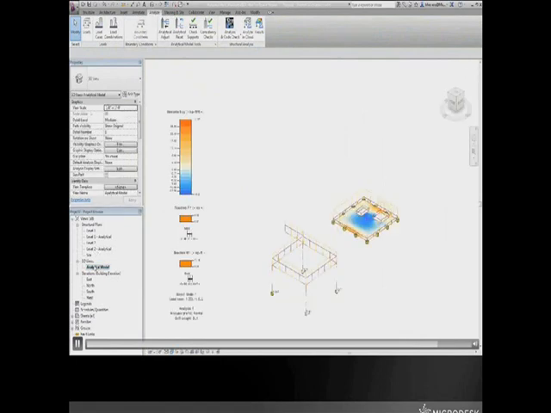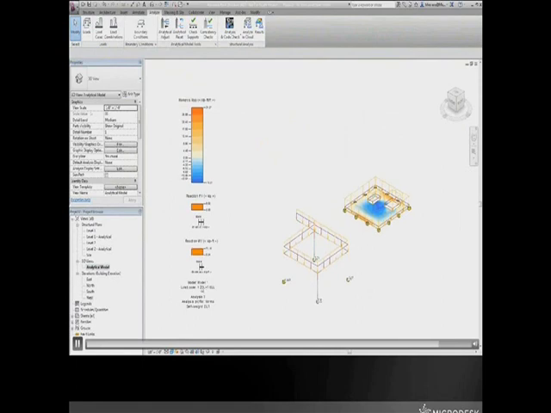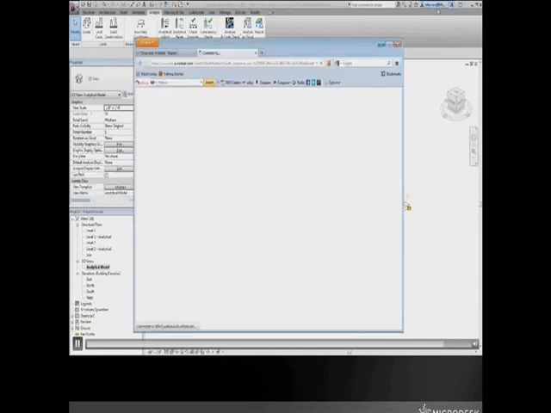This is definitely a great tool to use as you're designing your project. Maybe you have several iterations before you do a real analysis, and you could definitely utilize the cloud to do preliminary analysis for you. So what I'm going to show you next is the App Store that comes with